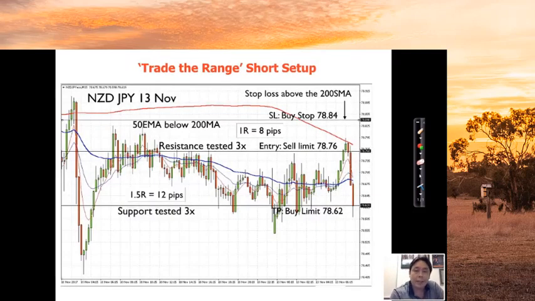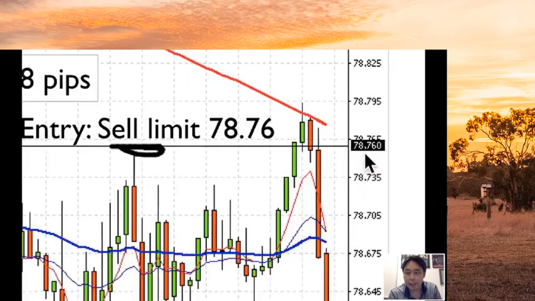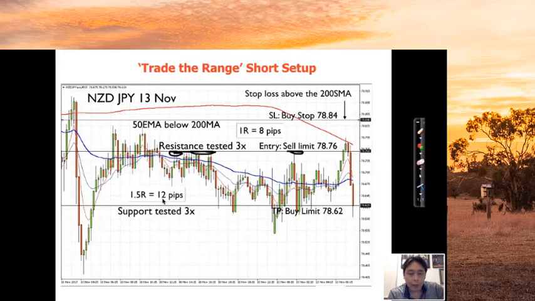So let's take a look at some examples on trading the short side of the range setup. So over here I've got New Zealand yen on the 13th of November, and again I spotted a channel range setup, and you can see that there's a strong resistance over here. All right, tested 1, 2, 3, strong resistance at 78.76, and then we have a support as well, support at